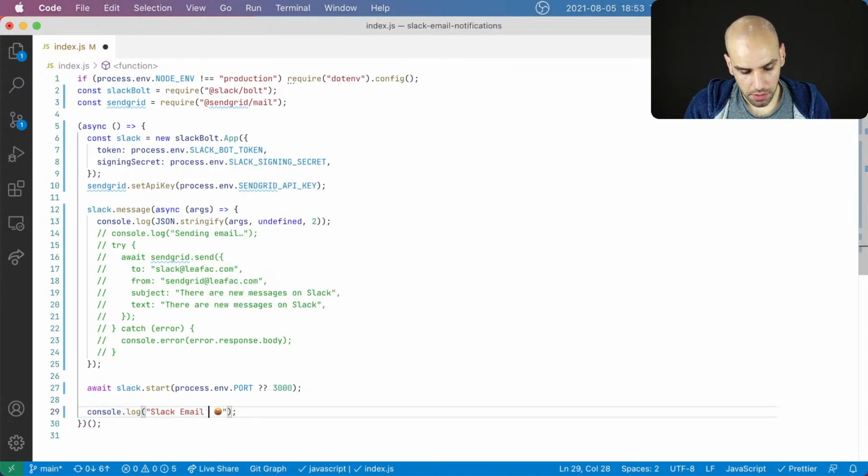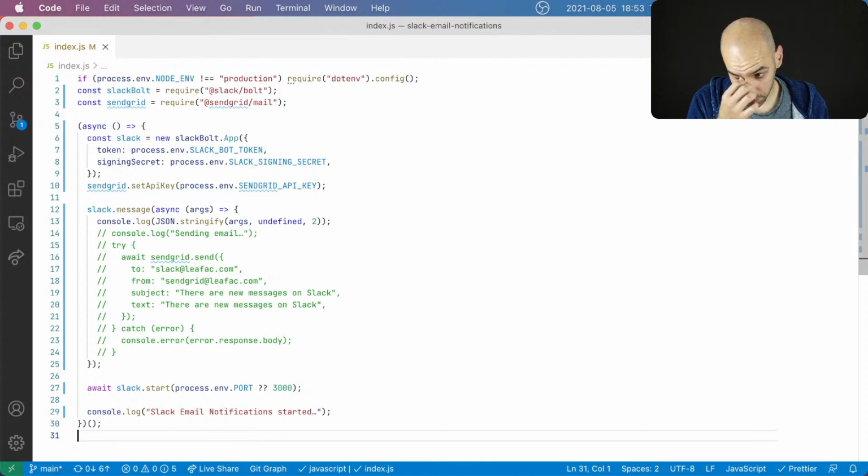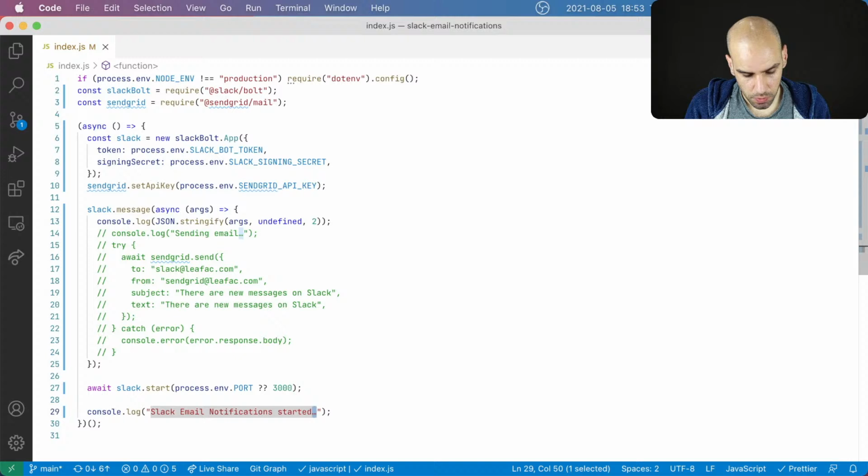Slack email notifications started. And then I'll put some ellipses in there. So, and because we are printing to the console, which is usually showed with a monospaced font, I will go for 3 dots. This is a single character. You can see that my cursor moves atomically.